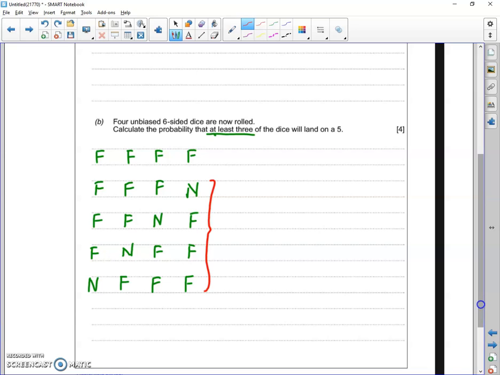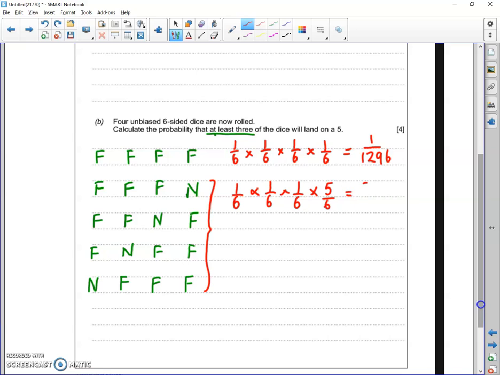Right, so doing all 5s first of all, so that's 1 over 6 times 1 over 6 times 1 over 6 times 1 over 6. That's 1 over 1,296. Now for each of these, you're going to have some 1 over 6s, and then for the one that's not getting a 5, one of them will be a 5 over 6. Okay? Now, individually, they will come up as 5 over 1,296,